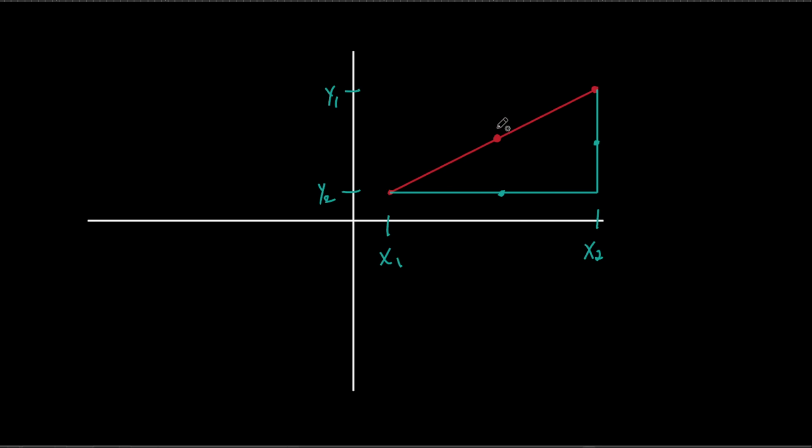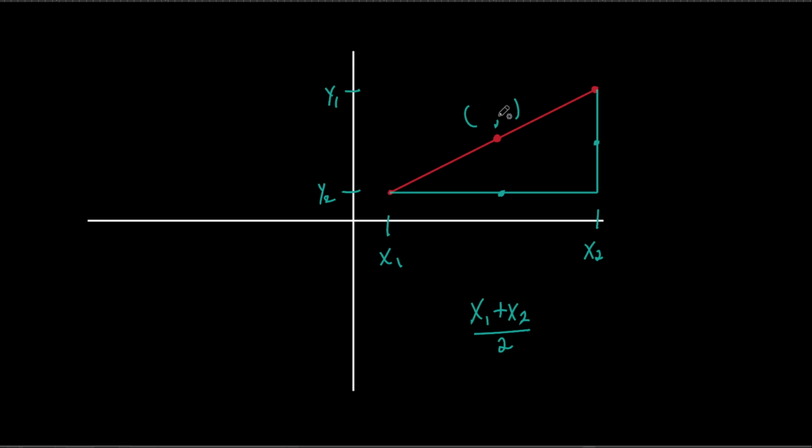So what I want to do is come up with a formula to find the midpoint of that red line. Well, what did we do for the midpoint of the horizontal line? Well, we took the two x's, right? Remember that 5 and 11? We took those two numbers, we added them up, we divided by 2. So from here to here, I would go x1 plus x2 and divide it by 2. So that's how we find this point right there. Well, the x-coordinate of this point on the red line is going to be the same as this x-coordinate right there. So that gives me the x part of it